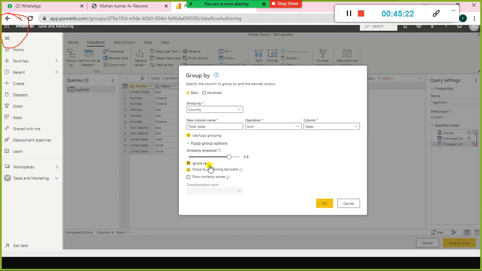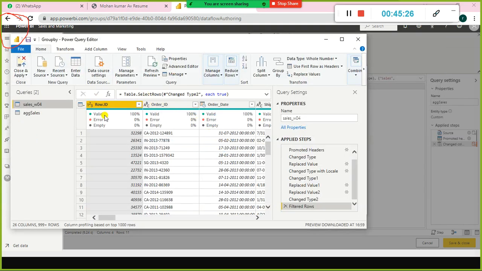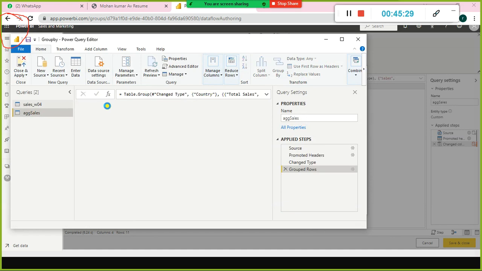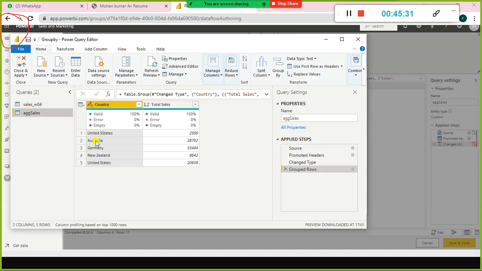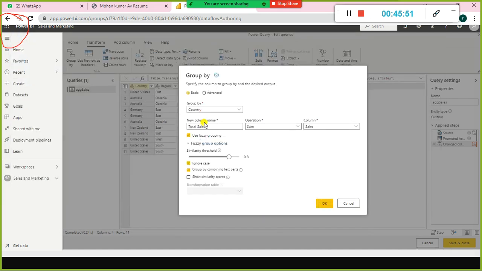You remember I told you, in the case of United States, even if you correctly type the spelling but use a small s instead of the capital S, it will still treat that as a separate group, a different value. But when you use fuzzy grouping, see, ignore case.